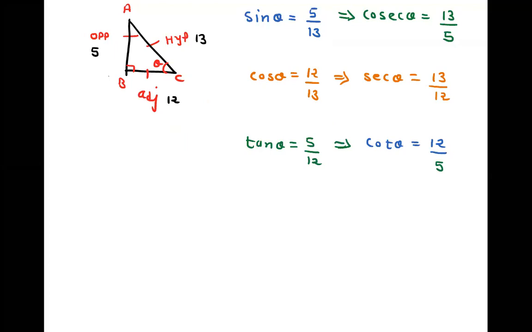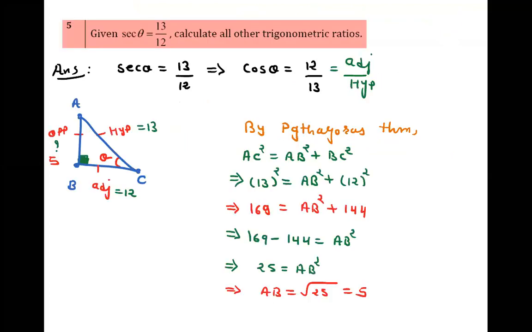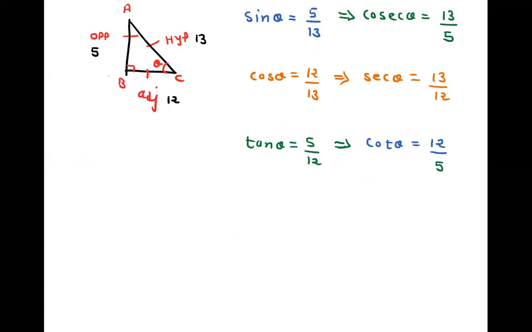So what we can do? We have one trigonometric function. Using it, we can get the reciprocal of it. Find the remaining side. After getting all three sides, you can put them in the formulas of the T ratios and find all six trigonometric functions, which are known as the T ratios. So hope you understood. Have any query, doubt, anything?